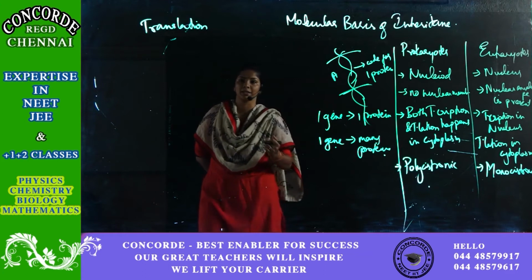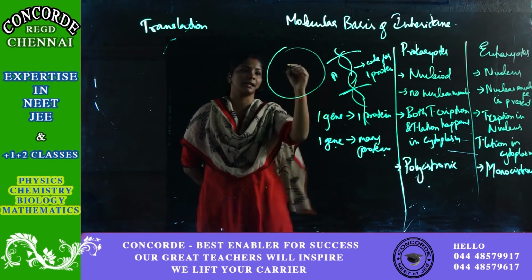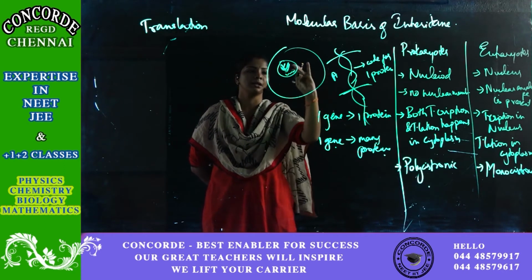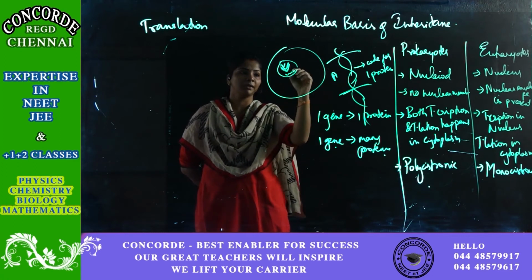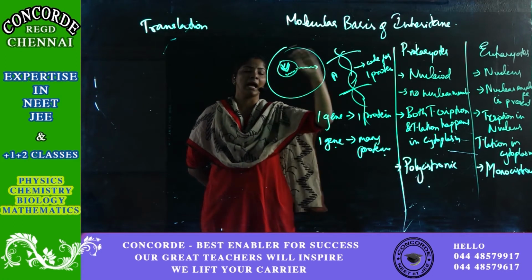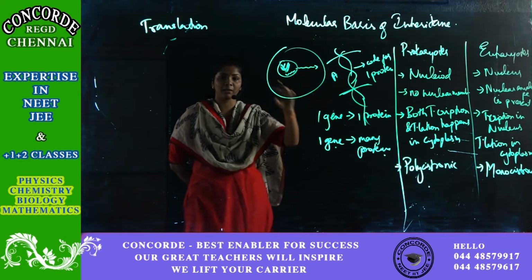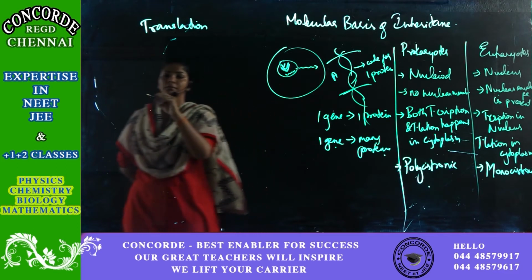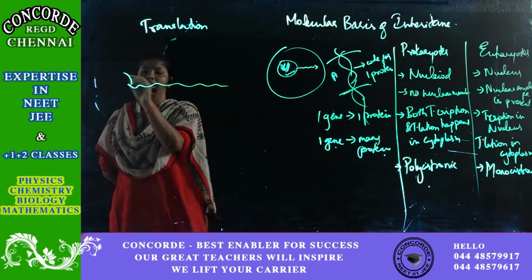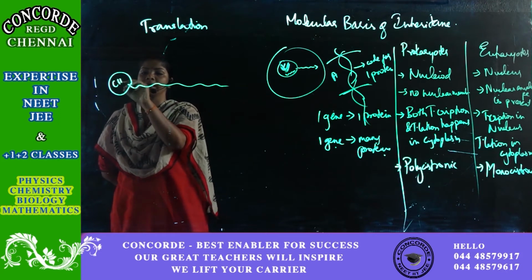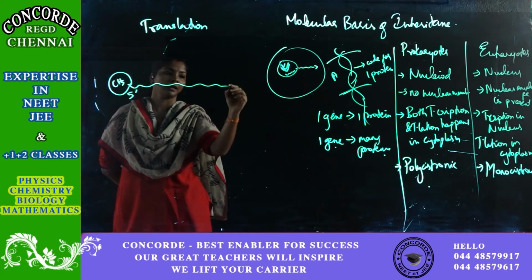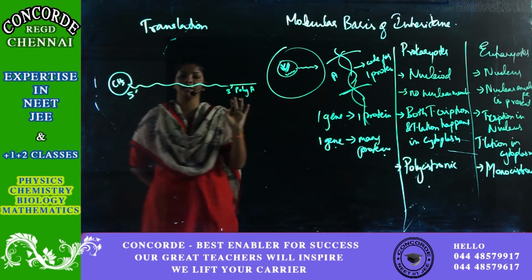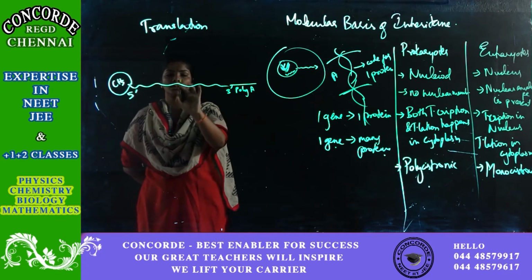Now, translation. This is your cell, this is the nucleus, and this is my DNA. My mRNA is synthesized here. The synthesized mRNA will leave the nucleus through the nuclear pore and come to the cytoplasm, in which the process of translation starts. Now my mRNA has come out. It has a methyl guanosine cap at the 5' end, and a poly A tail at the 3' end. We have seen this yesterday, correct? And it has only the exons.